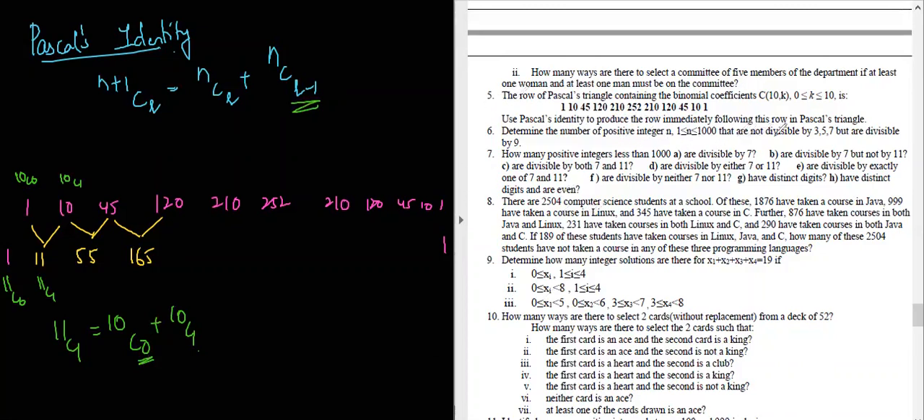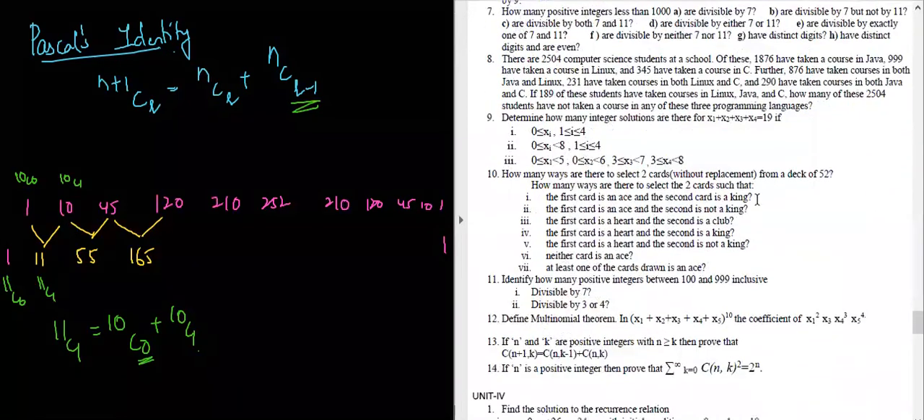Apart from that, determine the number of positive integers that are not divisible by 3, 5, 7, but are divisible by 9. So in this case, you are supposed to use the principle of inclusion-exclusion. Similarly, in the next problem also. Now over here, there are 2,504 computer science students at school. I've solved a problem very similar to this in the video lectures, and you can refer to the same. After that, we have the inclusion-exclusion problem in the same way,